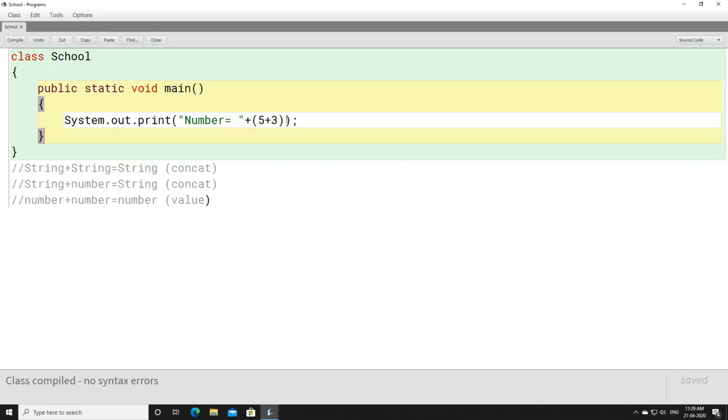Now let's do a few more examples. Now if you have 5 plus Abhishek, if we have written like this, what will be the output? Students, just think what will be the output. Once again we have to start from left to right. Pause for a while. Without wasting time, pause the video right now and comment in the comment section what will be the output.